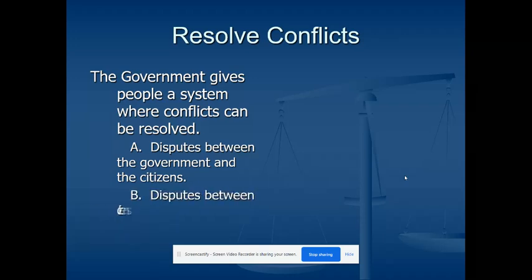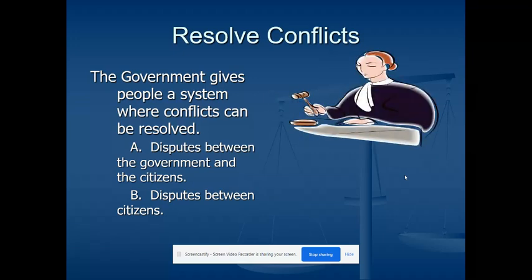But sometimes we have disputes between each other. And so instead of doing what Hamilton and Aaron Burr did, we don't have to do that. We can go to court and sue people for libel or slander and get a resolution there. Or if somebody violated a contractual agreement, if you agreed to wash my car and then I didn't pay you, you could sue me, and then the court could settle that dispute instead of having us fight it out or duke it out in the middle of the street.